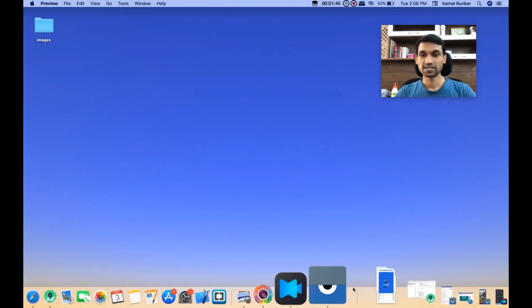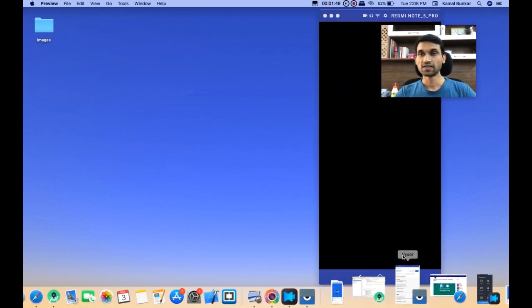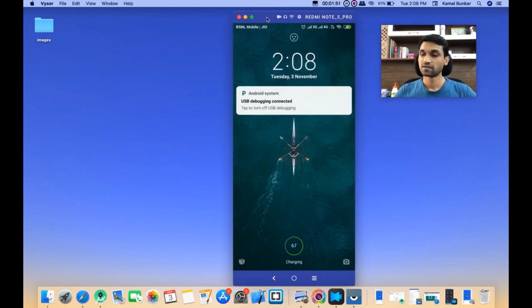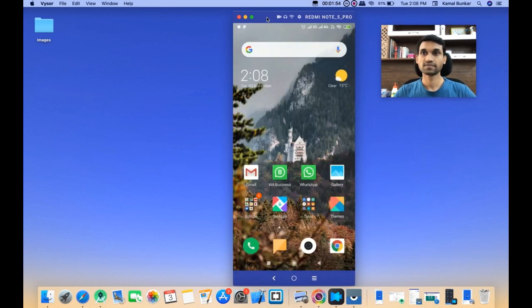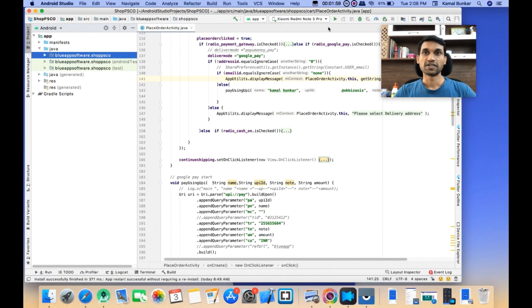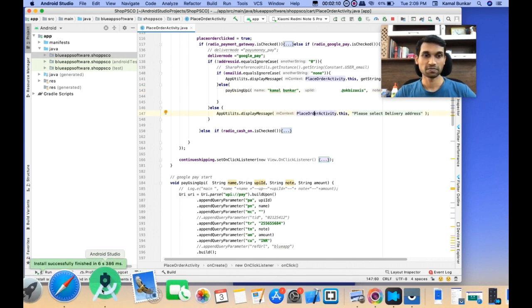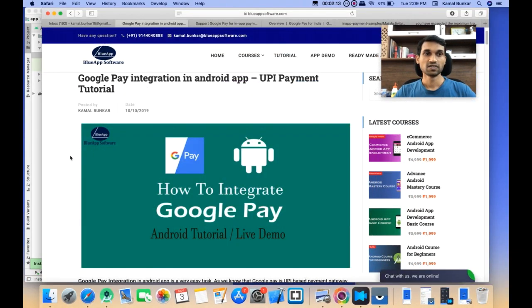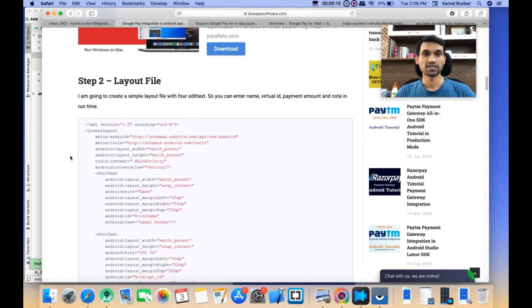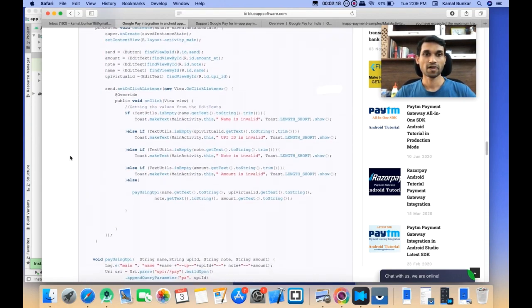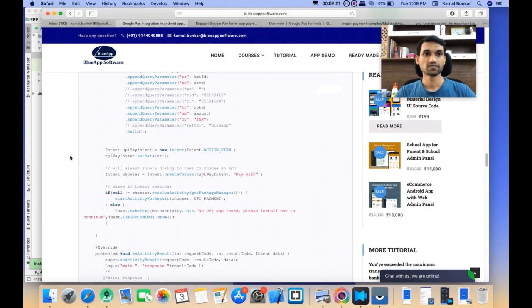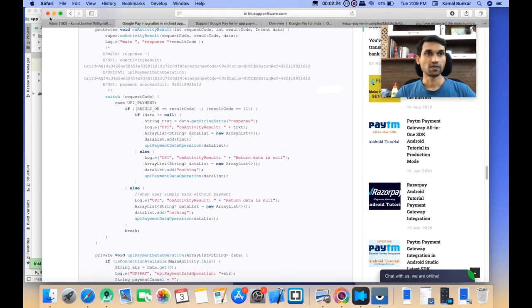I have the visor screen available. This is my mobile phone, and I will run the code. This is my UPI ID that I am using, and the same code is available in my Google Pay integration tutorial.